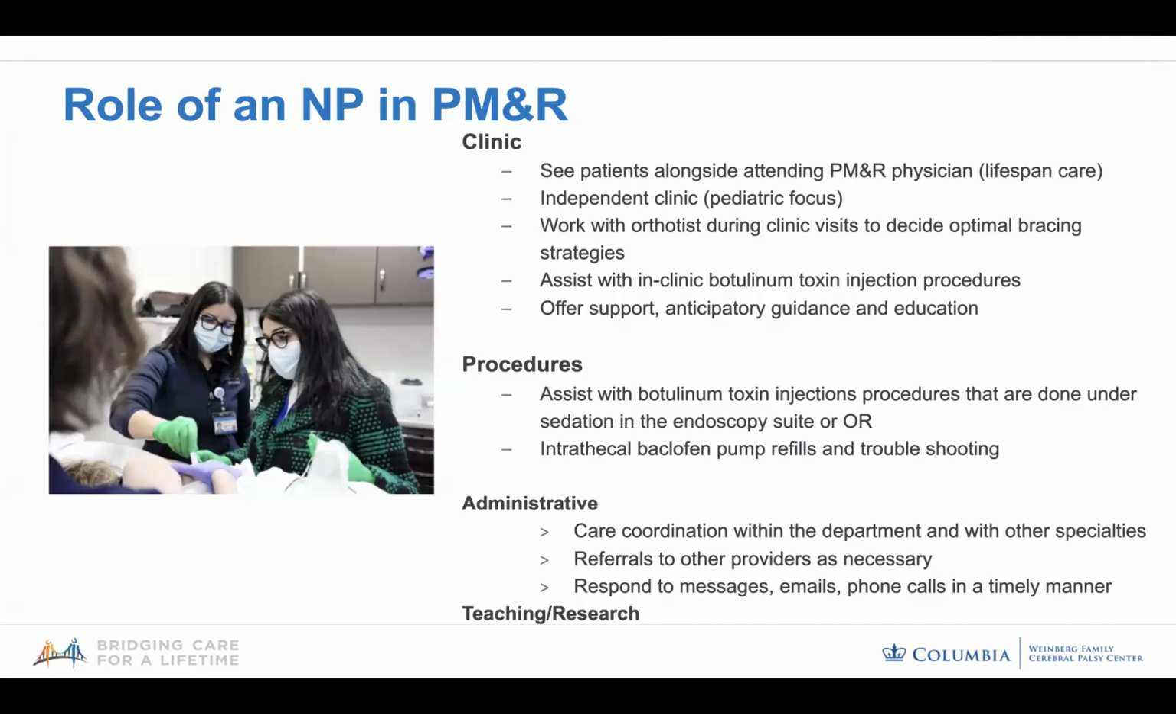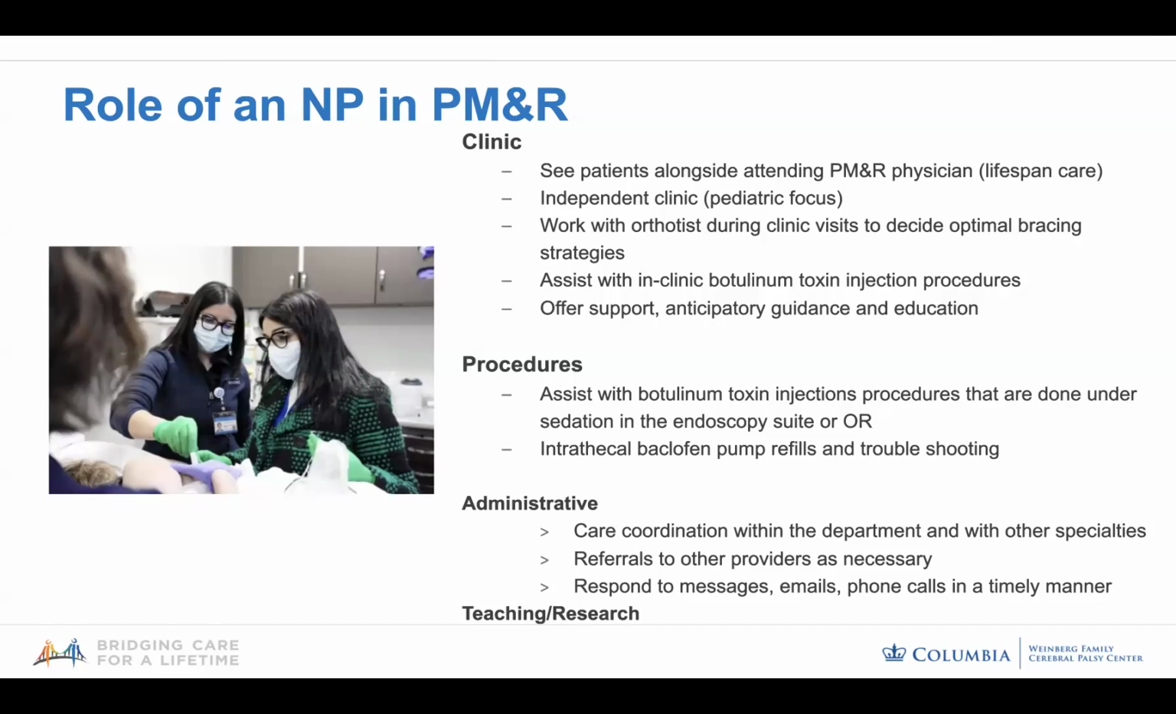So we see patients from babies well into their adulthood. I do also see patients independently. My clinic is more focused on pediatrics just because I'm a pediatric NP. I'm a little bit more limited in the ages of patients that I'm able to see. We also work with orthotists during clinic visits to decide optimal bracing strategies. We also do in-clinic botulinum toxin injection procedures. And then as Nikki mentioned very well in her talk, we offer support, anticipatory guidance, and education to our patients